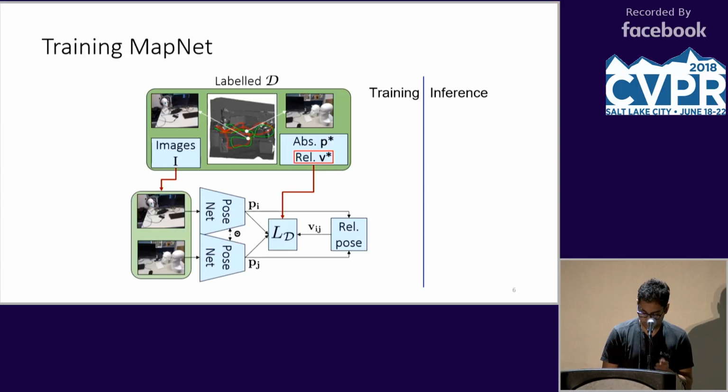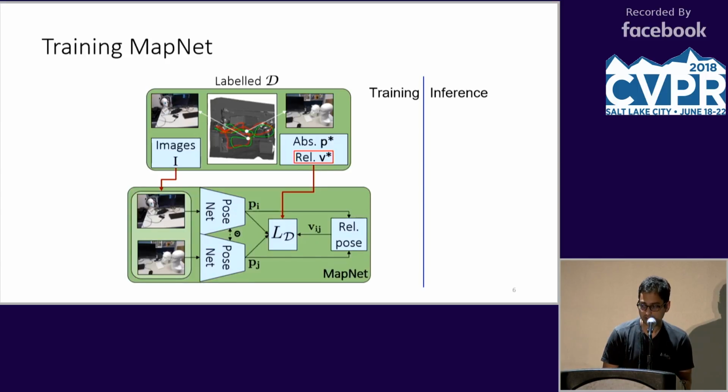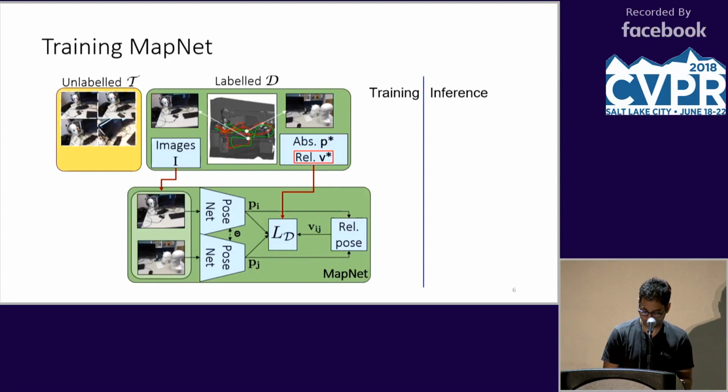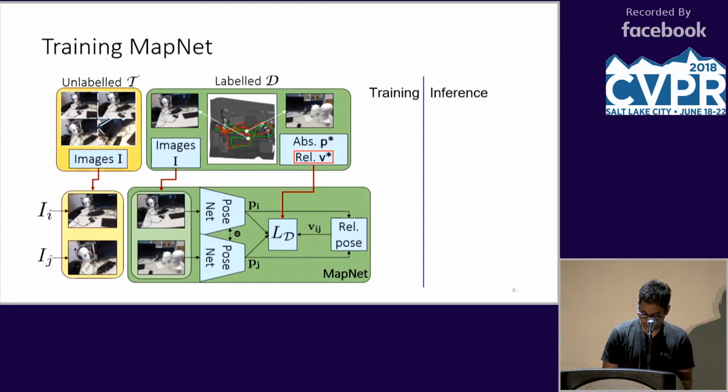This algorithm, which utilizes constraints between pairs of images, is called MapNet. Now, if we have unlabeled video data, we can fine-tune a trained MapNet model and improve it. Again, we sample tuples of nearby images and combine them with some labeled images to make a mini batch, feed them through the MapNet, and the relative pose predictions between these unlabeled images are used in an additional loss function